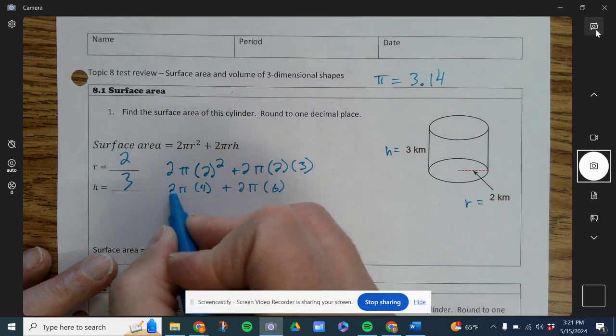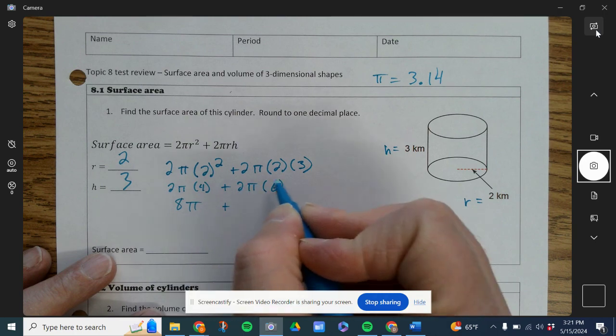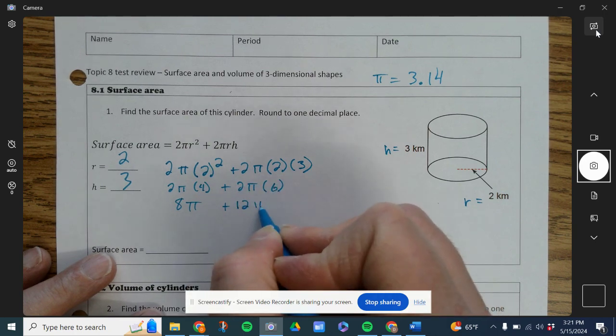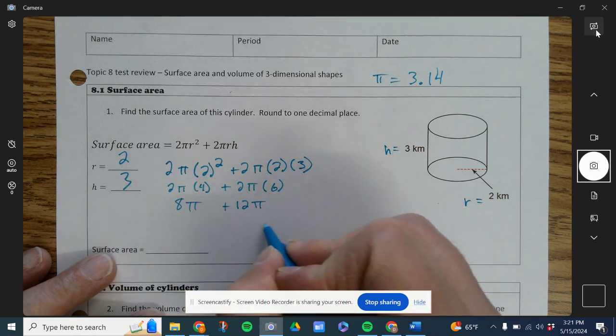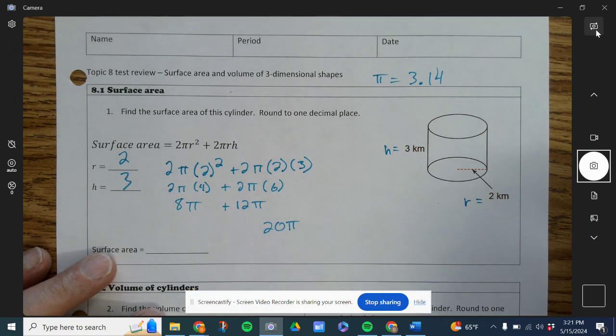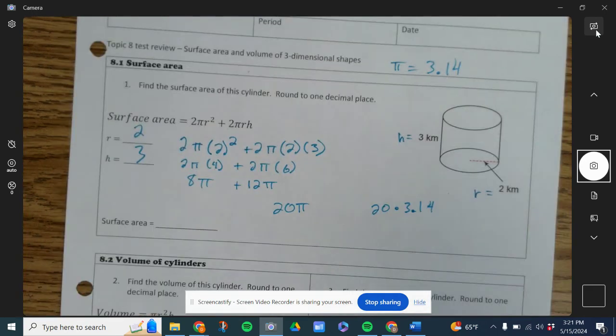Now I'll simplify a little again. 2 times 4 is 8. 2 times 6 is 12. Now I just treat this pi as a variable. It's a like term, so I can add them together to get to 20 pi. Okay. Now I take that 3.14, I take that value for pi and I convert it to